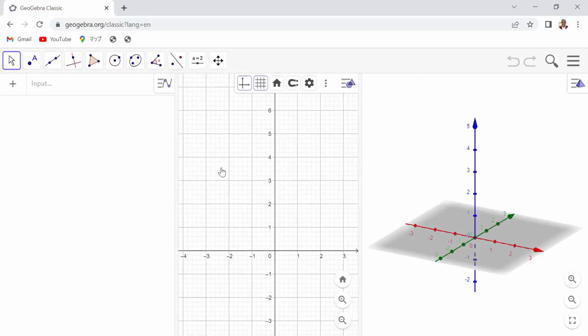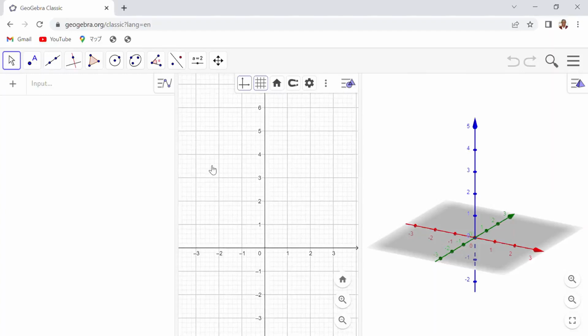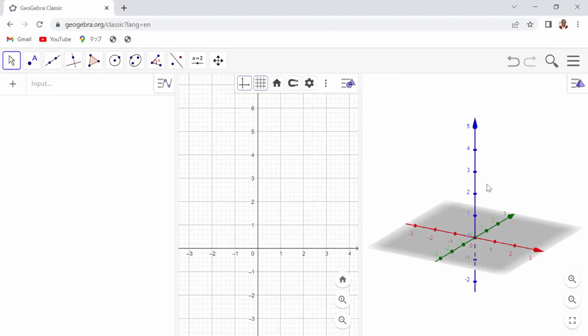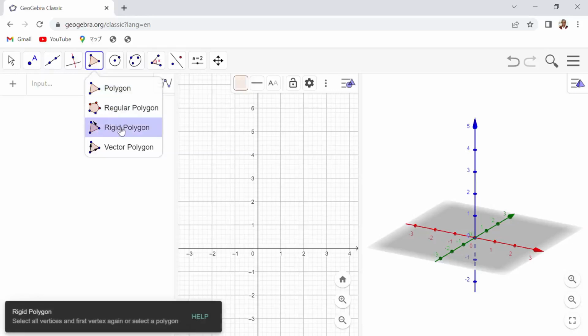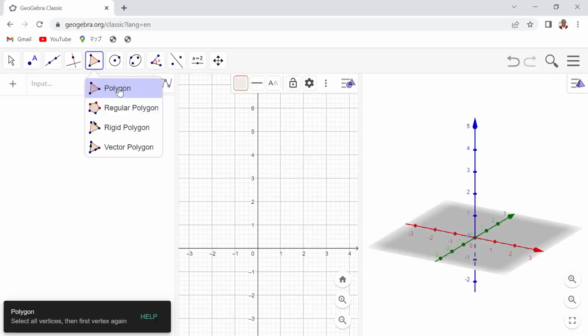So we have to move this one further a little bit in, just to make sure they are in line with the 3D graphics and GeoGebra classic graphics. So now we go to the tool menu, and we click on this menu. It gives us this dialog box. Instead of this polygon, now we would want to create a prism, so we will have to click on this one, this polygon. It becomes the base